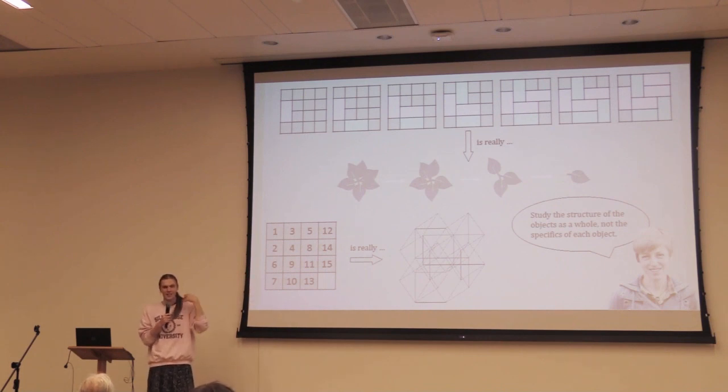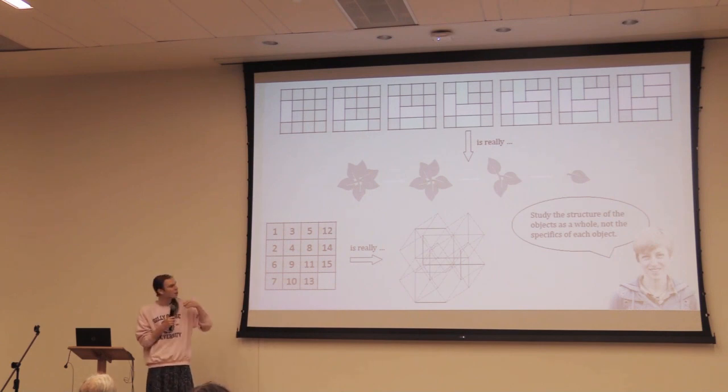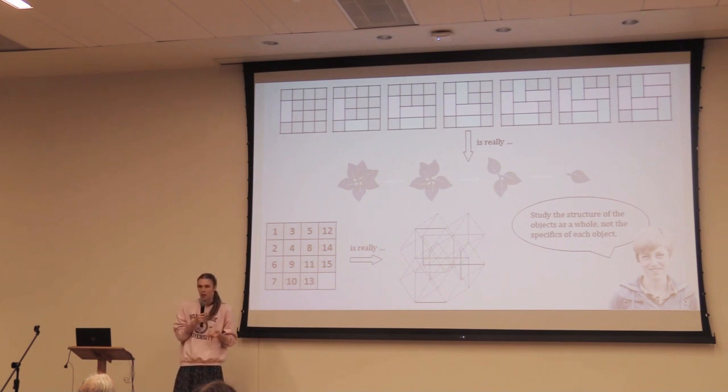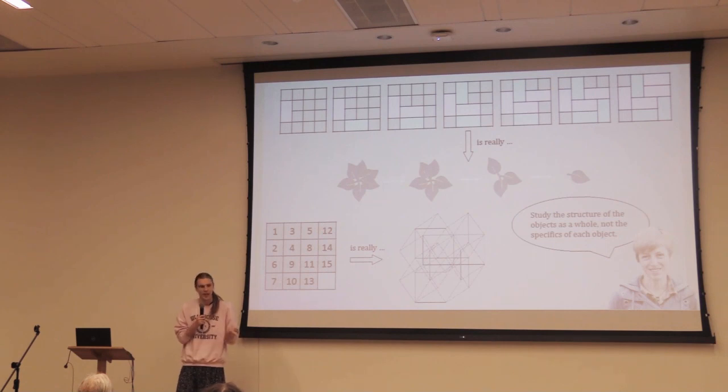And so this adage, especially in modern mathematics, comes up time and time again, which is when you want to study some objects, you don't look at each object individually, you look at the structure of the objects as a whole. So instead of studying each game by itself, you look at how the structure of all games relates to each other. And then in category theory, which is the kind of math that I do, that other mathematicians call abstract nonsense, kind of jokingly, and things that Emily Riehl does, who I pictured over here,